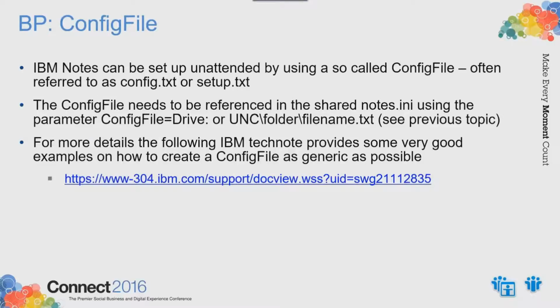So the config file I was talking of is a possibility for a Notes client setup to happen unattended. That means the user is starting Notes. The user does not have to go through the setup configuration wizard where he needs to put in a Domino server name, selecting an ID file, and then thinking about port configurations and what additional services should be activated in the Notes client. But you can create what is commonly referred to as a config.txt or a setup.txt, which you